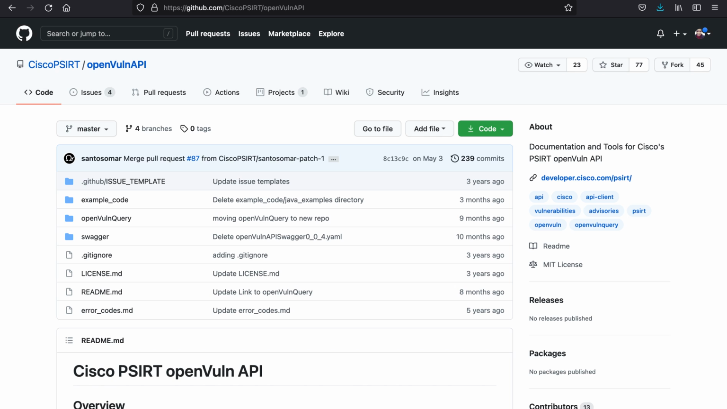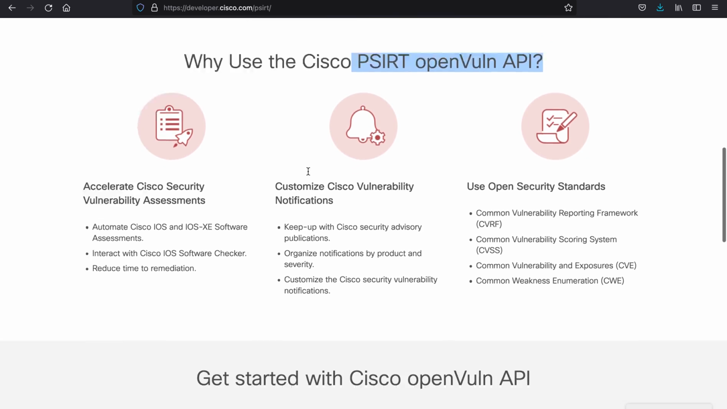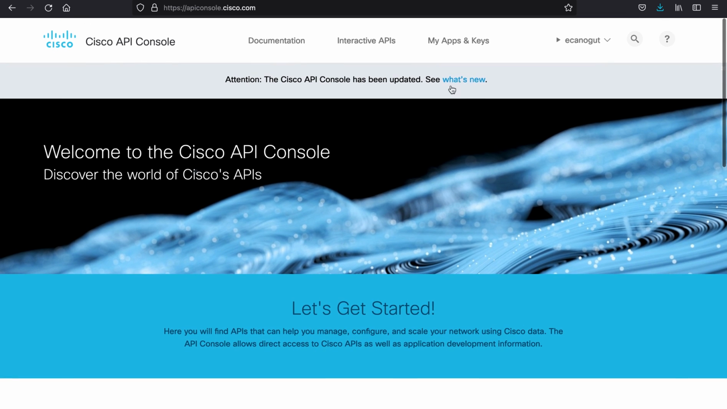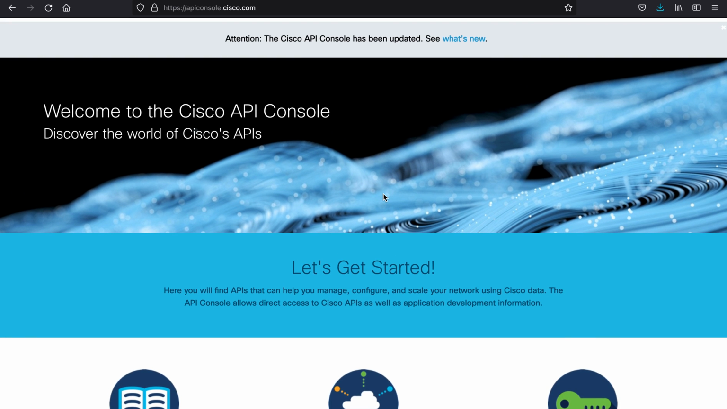Going back to the first site, which is the main website that we need to review, we have the Cisco API console, which is basically where we need to start in order to get our account activated and enabled, so we can configure our OpenVul API credentials. Once you click here, it will take you to this part, and you will need to register if you don't have an account, or you need to log in into the